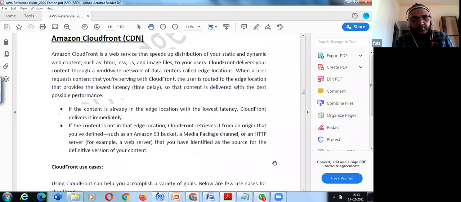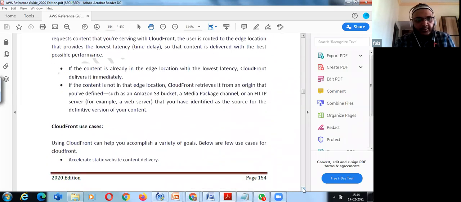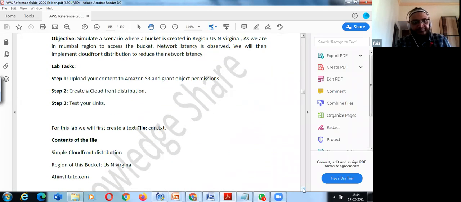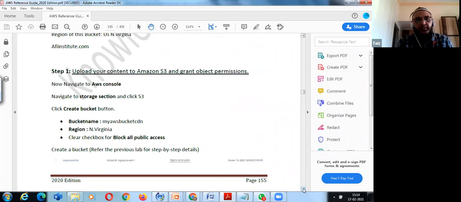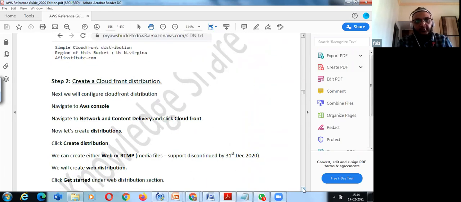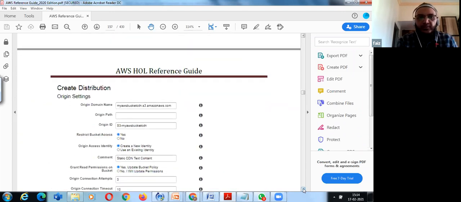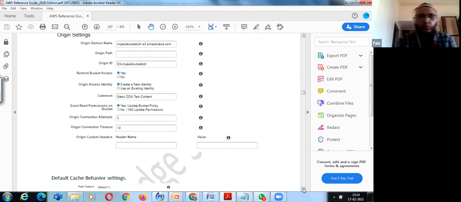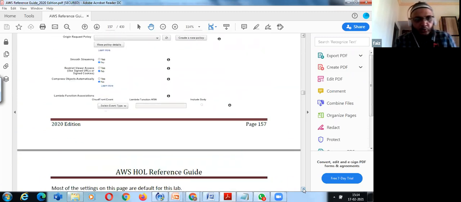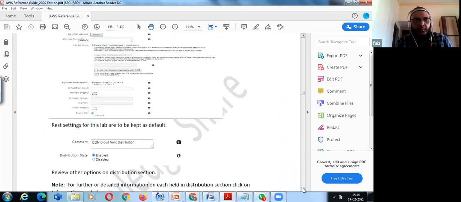So for all this, we just have an overview. What is a simple CloudFront distribution? How am I distributing this content? All these things are created over here, and we'll see a little bit of the storage S3 section, not the CloudFront configuration.